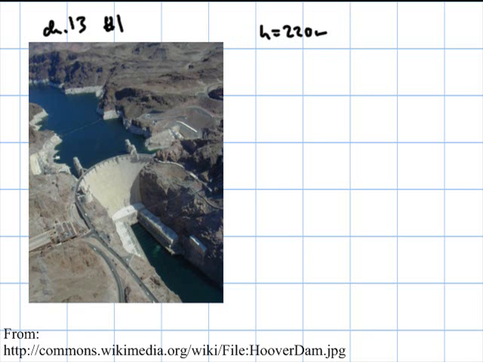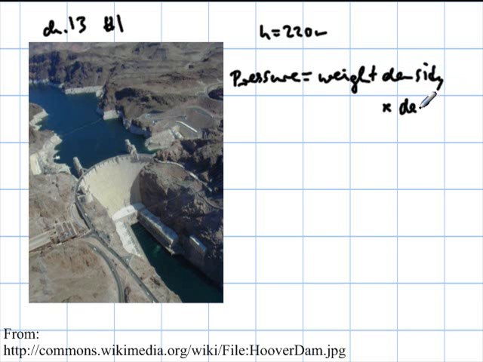So we look up the equation for that, which says that the pressure equals the weight density times the depth. And we find that the weight density of water is 9,800 newtons. That comes from that 1 cubic meter of water is 1,000 kilograms, and then because of gravity we multiply by 9.8 times the depth, which is given as 220 meters. And when I do that on the side on a calculator, I come up with